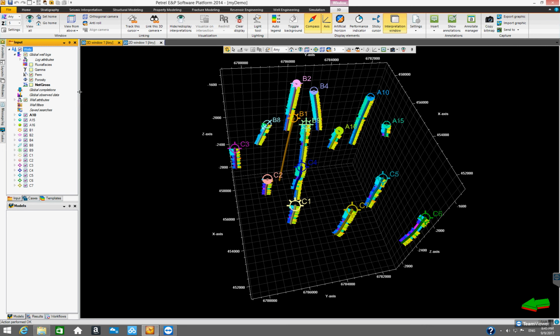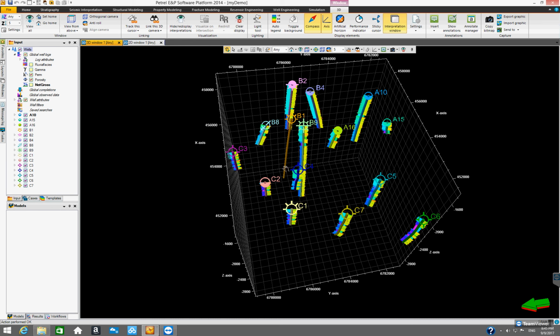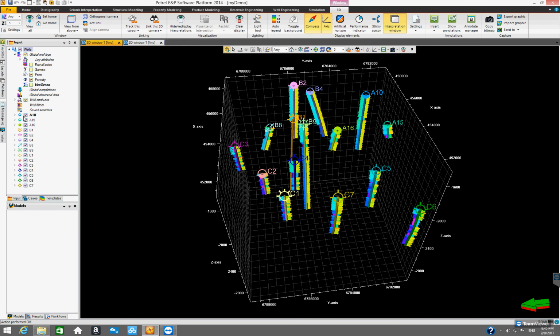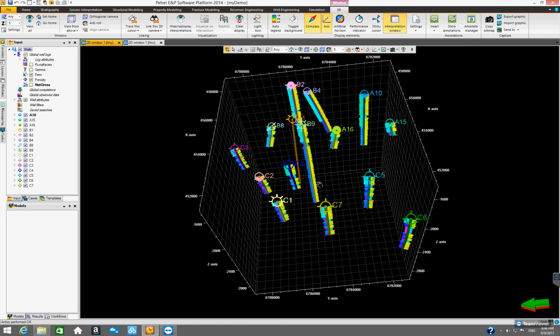You can display multiple ones. So here you are displaying porosity and permeability together, right? Those yellow boxes are some kind of attributes, right? Those gray boxes are just objects, three-dimensional objects,